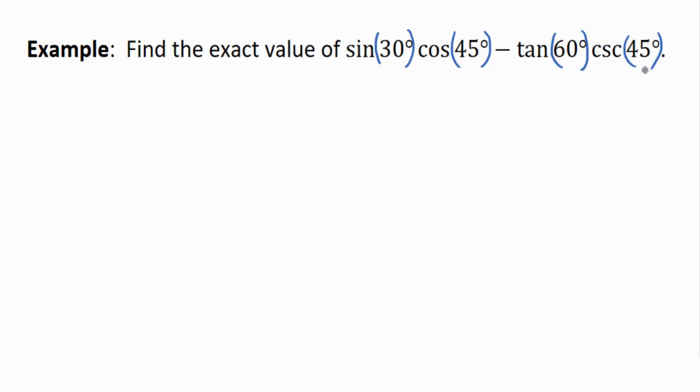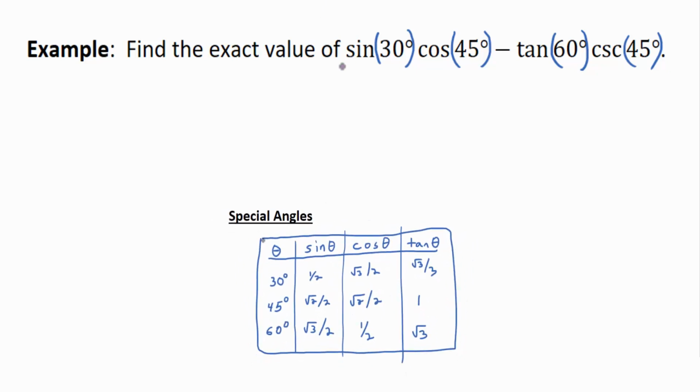So the first term is the sine of 30 times the cosine of 45. Then we're told to subtract off the second term, tangent 60 times cosecant 45. And somehow we want to get the exact value of this. You could just plug and chug here. What's the sine of 30 degrees? That whole thing is,